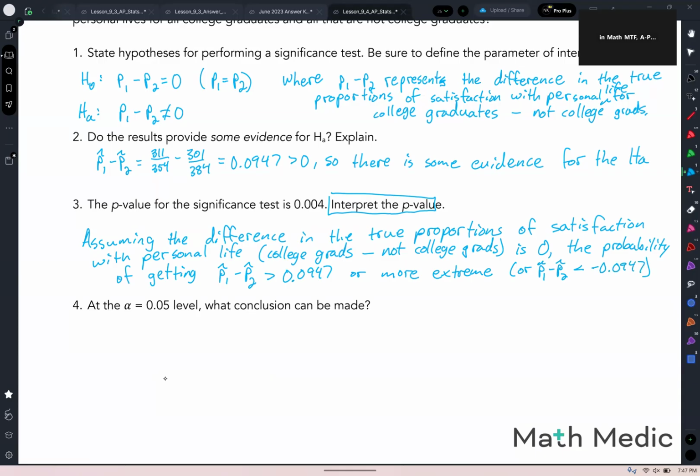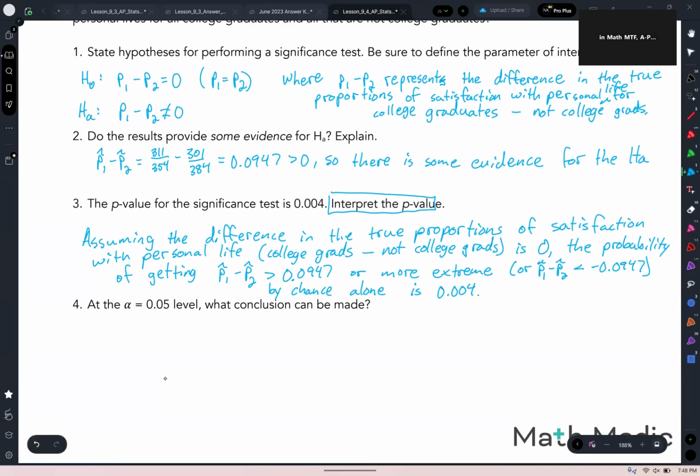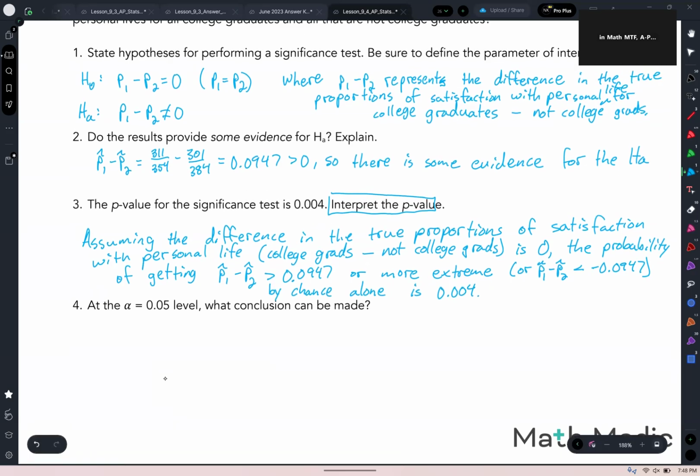So it'd have to be the two tails. The probability of getting that or more extreme by chance alone is 0.004. So assuming the null hypothesis was right, that there is no difference between the two, that's a wicked low